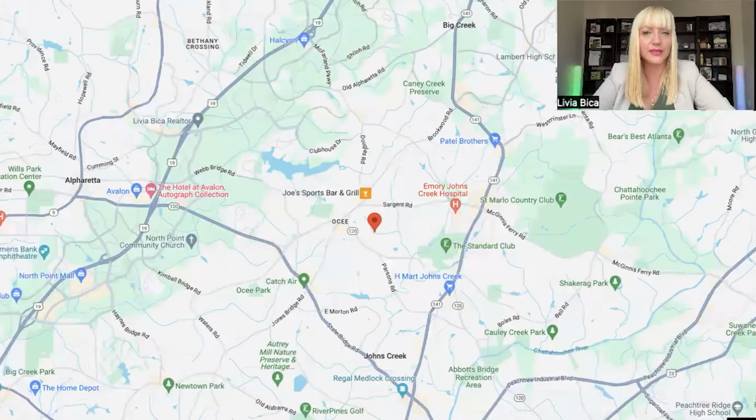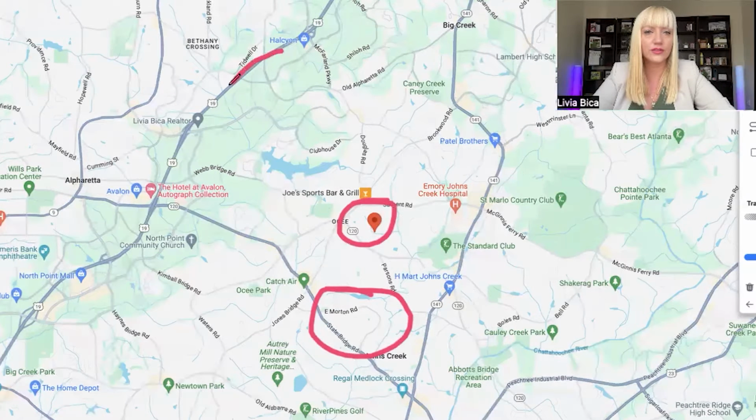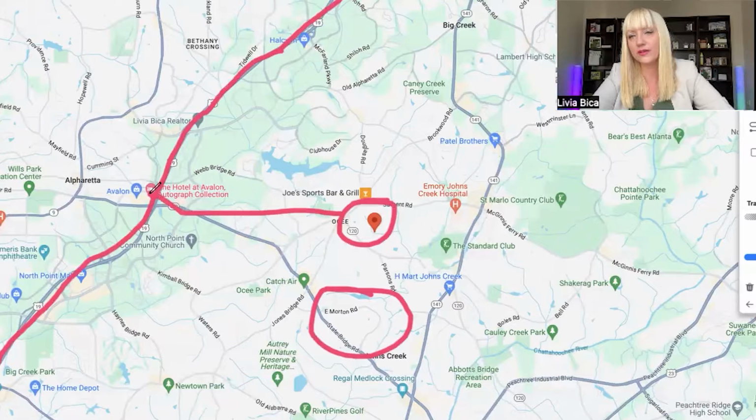Let me see if I can make this a little smaller. Yes, there we go. So right here it was Hillbrooke, yeah. Then you have right here, it was Medlock Bridge subdivision, which is an amazing subdivision. So as you see, very close to the 400. This is the 400, which can take you south. If you go south, you're gonna go to Atlanta. If you go north here, you're gonna pass Halcyon, an amazing community, but it's in Alpharetta. But you're gonna be here is Avalon, which is this amazing small community in Alpharetta. So from here to get to Avalon will take you probably 15-20 minutes, not even,